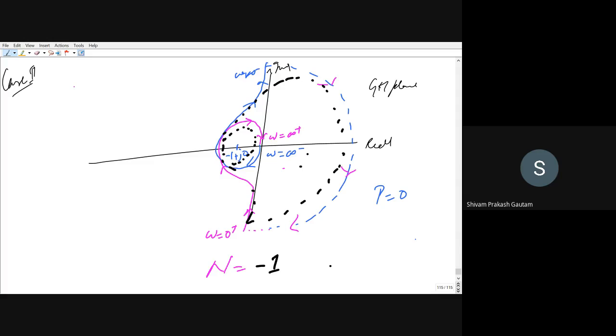This is encirclement. The shape can be anything. It can be a circle, it cannot be a circle, it can be a rectangle, square, anything. So what is the direction of the bigger circle? Can anyone tell me? Clockwise. That means again minus 1. So minus 1 is for the smaller circle, minus 1 is for the bigger circle. So N will be equal to minus 2. In this case, the value of N is equal to minus 2.